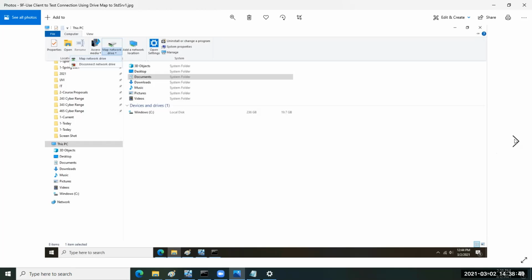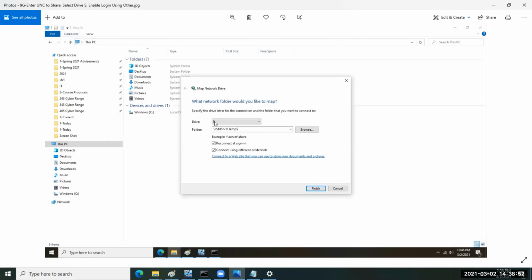Okay. At that point, I'm going to select the S drive, because I'm going to say, well, this is my server drive. You know, this is a directory that I'm using on my server for resources, so my laptop doesn't have to store the files and directories and music and movies. I'm going to put all that on my server, right? I'm going to run my own little system, kind of a media server for my house, which is a really cool idea. So I'm going to type in here under folder \\standard server 1 std srv1\temp$,